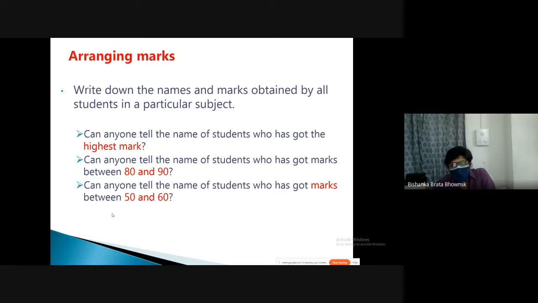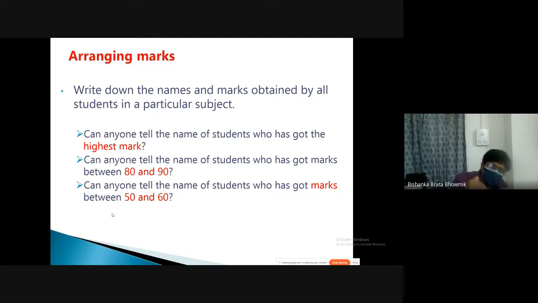Again, one thing you can do is ask them what marks they got in a class, and give the numbers to those who got between 80 and 90. The same thing will happen. If they arrange randomly, the problem will be that they have to search for the highest mark. But if they arrange it from higher to lower, those who got the highest mark in the first position, it will be easier for them to take out who got the highest marks in the class.